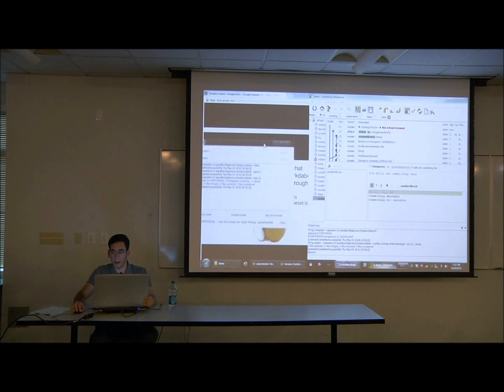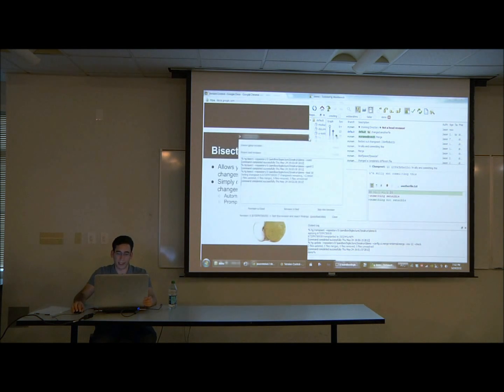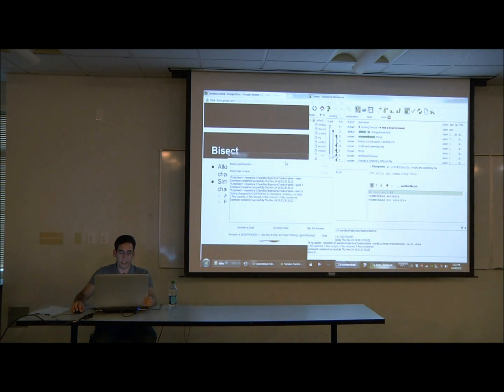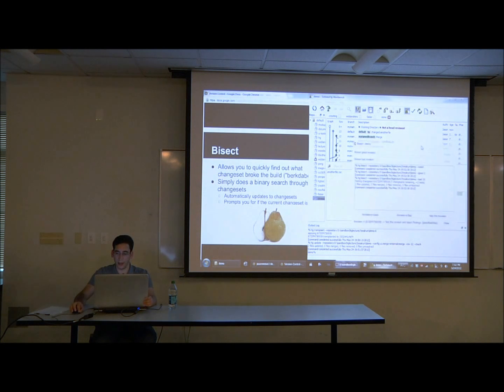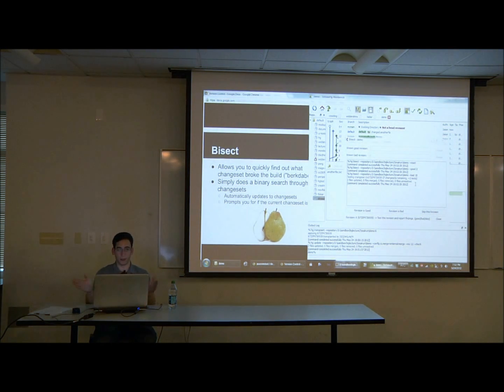And so now you can see that in here, I can't select in there. So what it did is you can see that it went between the two, it literally went to the exact middle of history between those two. And the cool thing about this is it's aware of branches, so it'll actually do it correctly. You don't have to manually figure it out. And all you do is it